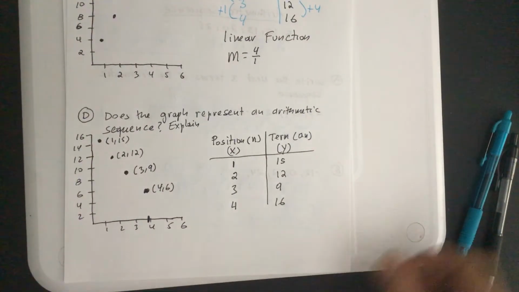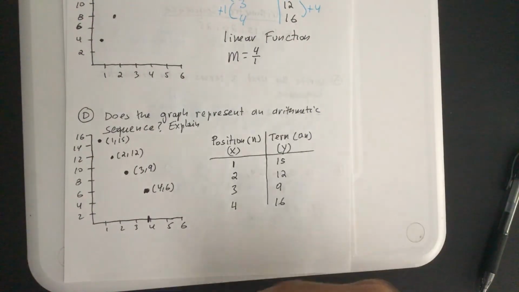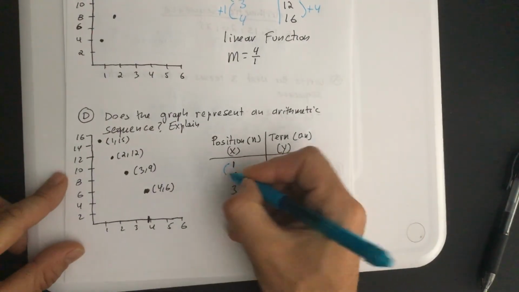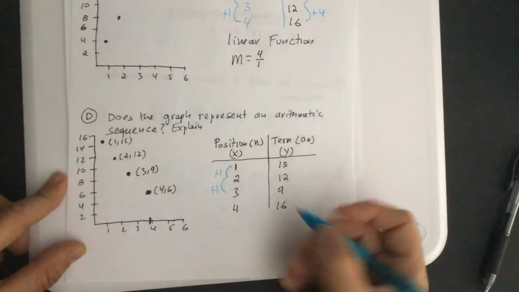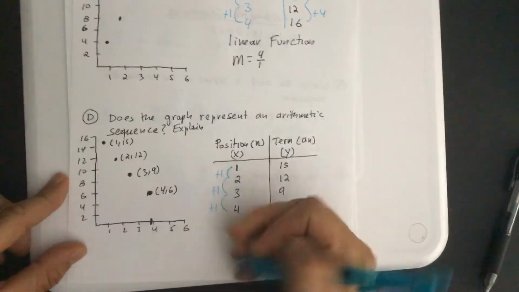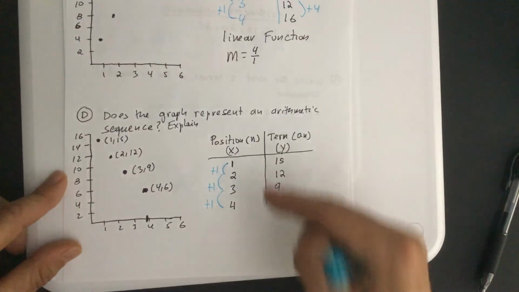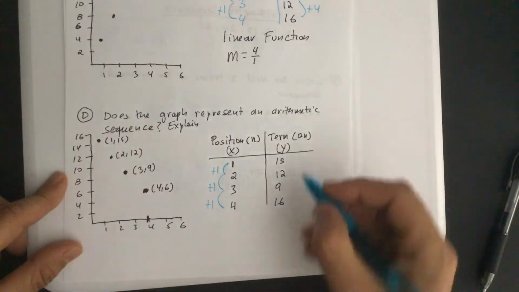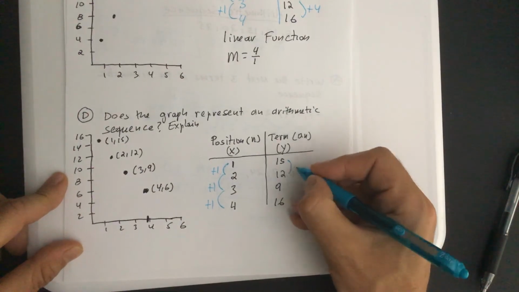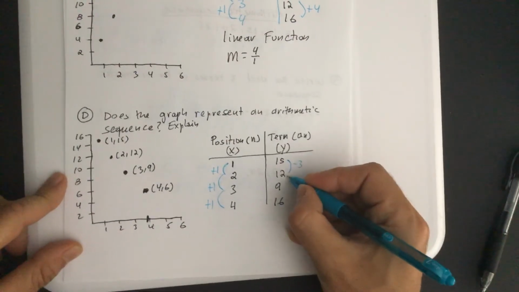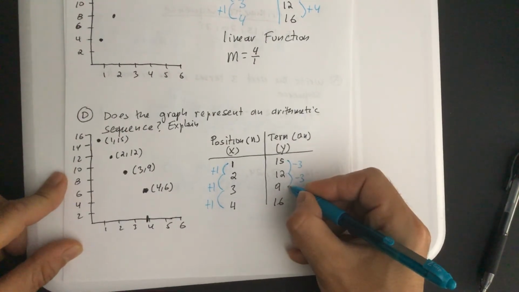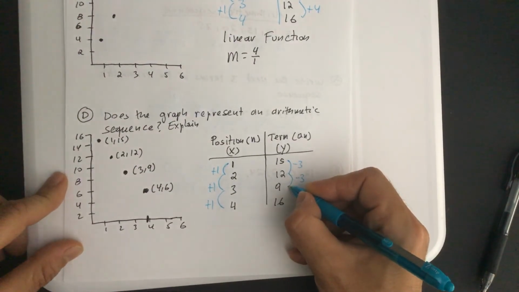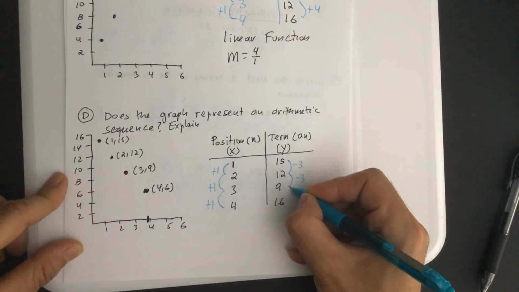And everything is in order. We check if the changes in the x's and the changes in the y's are the same, that is, constant. So here we go, we go +1, that works. +1, that's the same thing, from 3 to 4, +1. So this is constant. Now we need to find out if this is constant, okay? 15 to 12, we're subtracting 3. 12 to 9, we're also subtracting 3. And from 9 to